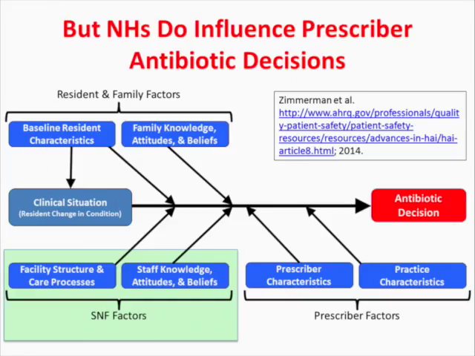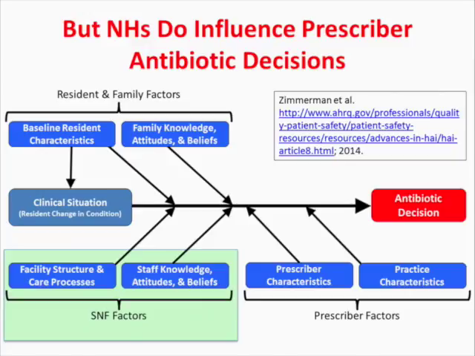However, if you look at the prescriber perspective and what the factors are that influence their decision, I'm hoping that we can convince you that you actually have a lot more control over this decision than you think you do currently. So when you look at all the factors that influence a prescriber's decision to initiate antibiotics, it's important to note that there are several. Certainly, characteristics of the prescriber themselves are a major factor. We know that residents as well as families of residents can exert some influence on this decision. But nursing home staff and the nursing home environment also have an important role here.